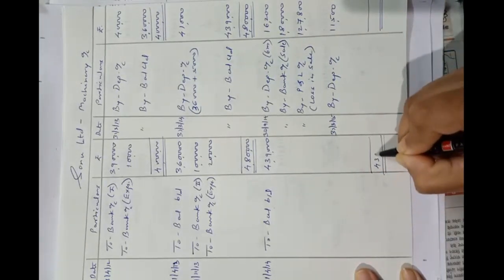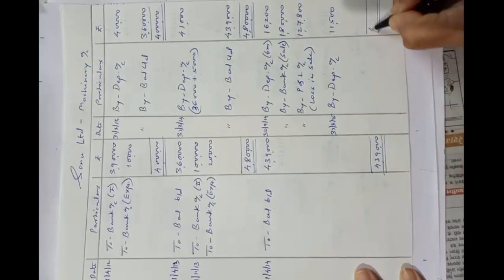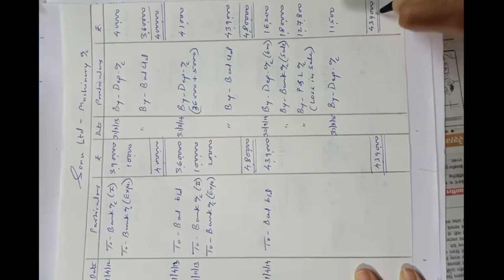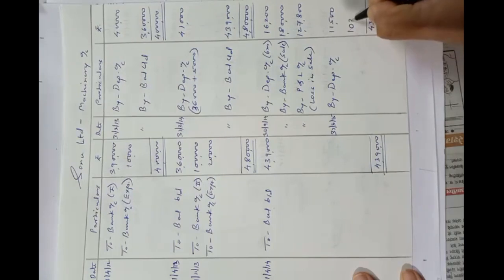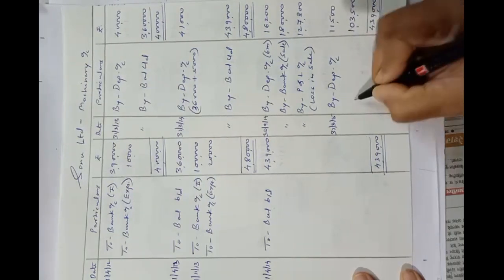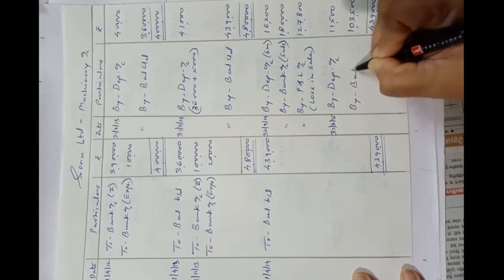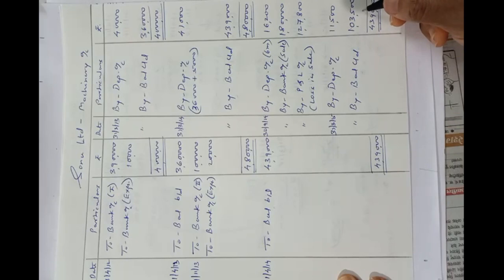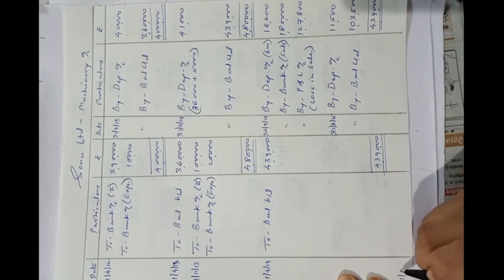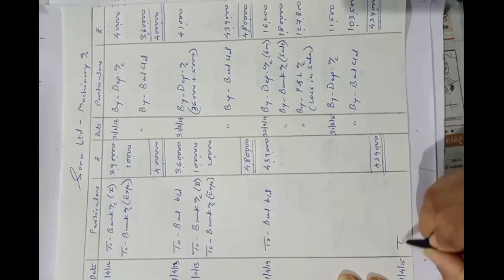Debit total is 4,39,000 minus total of these four items. So credit total, when we deduct from 4,39,000, the balance is 1,03,500. So by balance carried down on 31st March 2015, 1,03,500, which will be brought down on 1st April 2015,